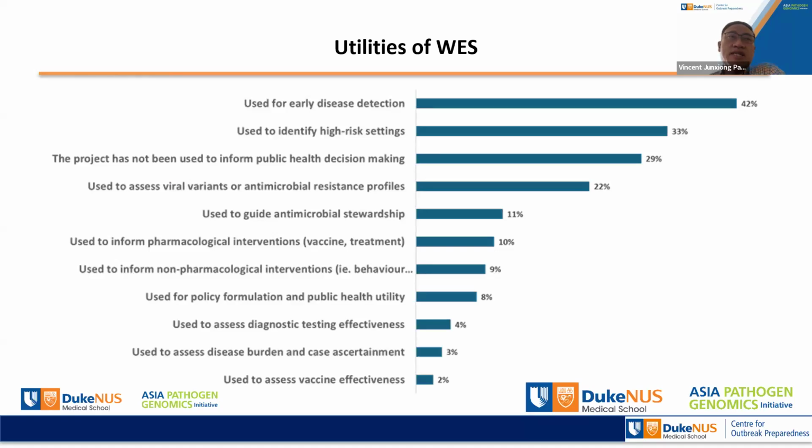And I think this is an area that we are working very hard on, to engage stakeholders from different countries, in low- and middle-income countries, where wastewater surveillance is available, to inform public health decision making. And we are ready to prepare them in the form of training, as well as sharing of educational materials, laboratory protocols, and through some of the webinars that we are also organizing with some of the partners in Asia, to better inform how we should leverage wastewater surveillance data for public health decision making.